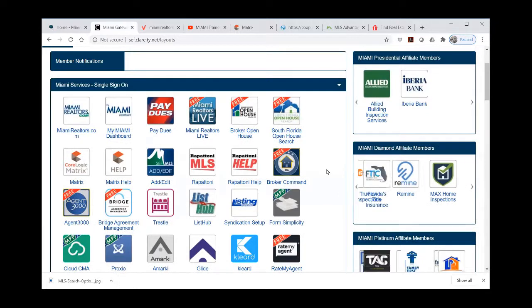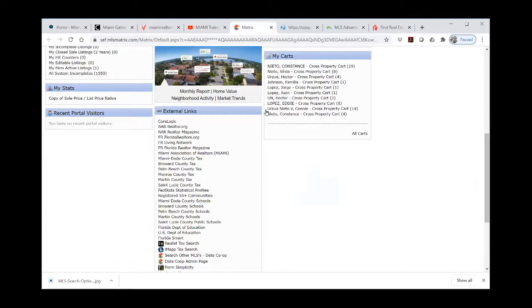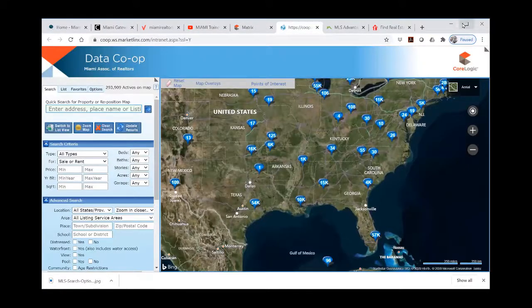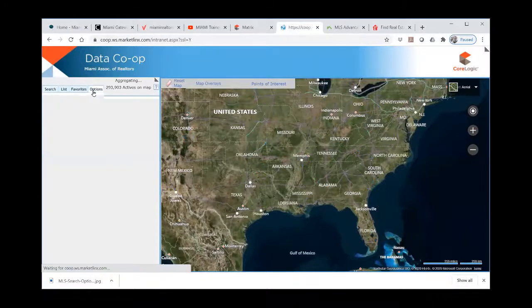Now, to get started today, once you're in the Miami Gateway, you can reach Data-coop, which is one of the 3 products that we will be discussing. Data-coop can be reached by clicking over into Matrix, finding your external links, and then clicking over to search under MLS's Data-coop. When we do that, we come to the Data-coop page, and here is the information that you see. This is a search of all the listings and information that CoreLogic contains. If I click over to options,